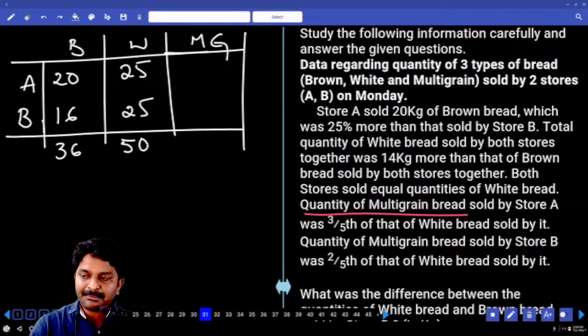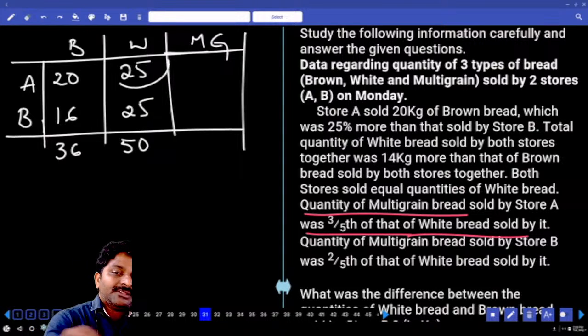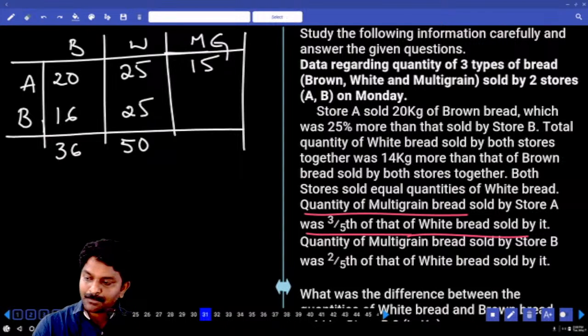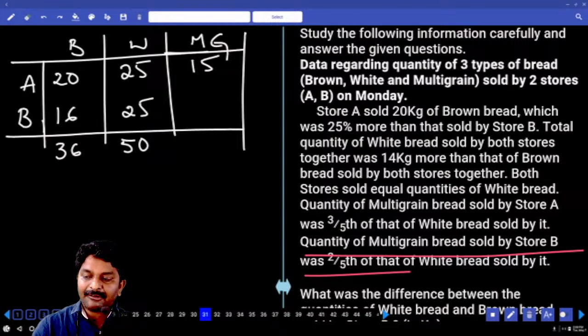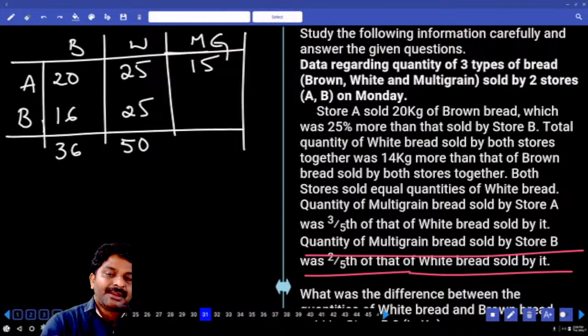Quantity of multigrain bread sold by store A was 3/5 of that of white bread sold by it. 3/5 of 25 is 15. Quantity of multigrain bread sold by store B was 2/5 of that of white bread sold by it. 2/5 of this number. Both together